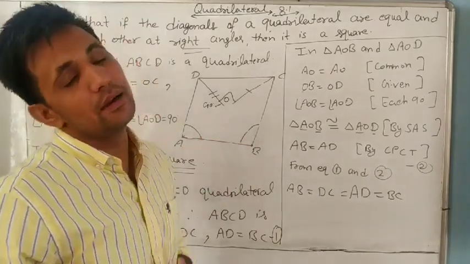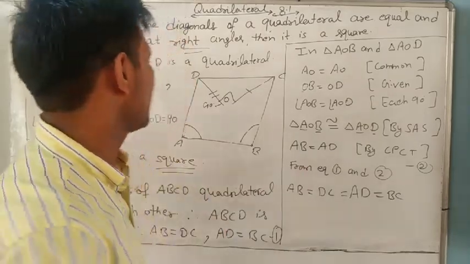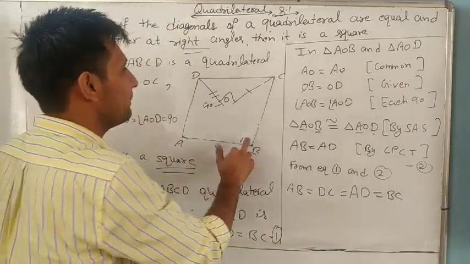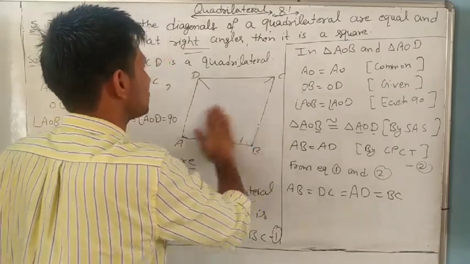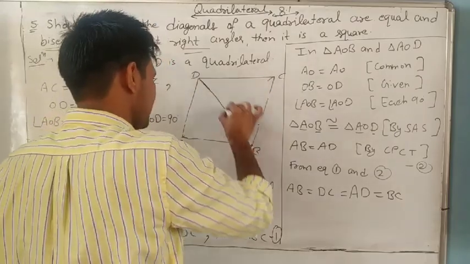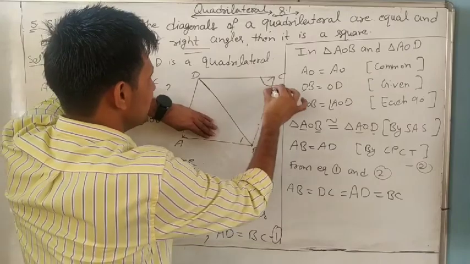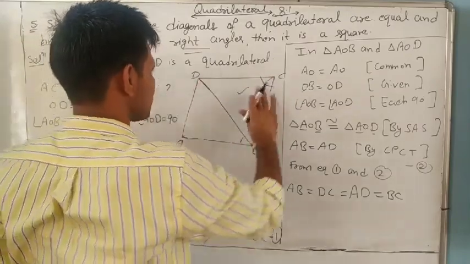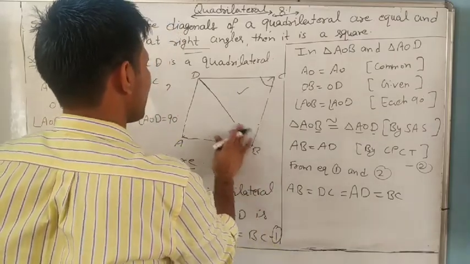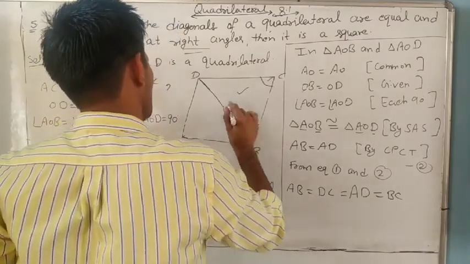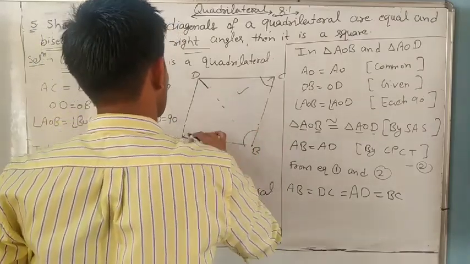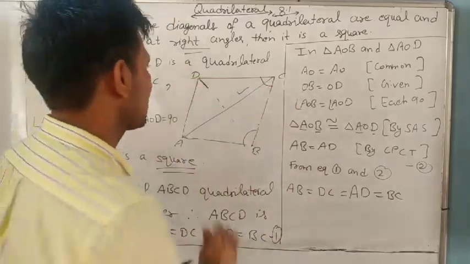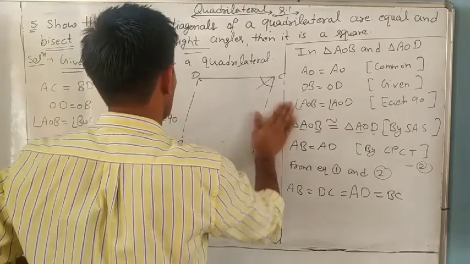If angle A equals angle B, it means it is 90. Any two angles you can take. Not necessary that you take angle A and B. You can take angle B and C also. You can take angle C in triangle BCD, one triangle. Second is angle B. You can take this one. We will take this one. BCA. Any two triangles you can take. Understand? So right.